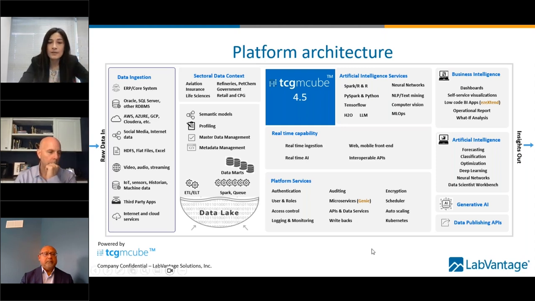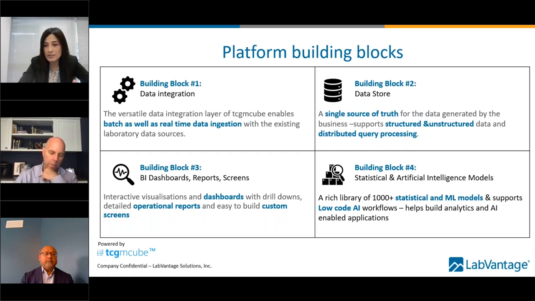So let's talk about the fundamental building blocks that can help power all the different solutions. All the LabVantage Analytics solutions are actually built on these 4 fundamental building blocks that the platform offers, which is the data ingest, the store, the analyze, and the visualize. So this end-to-end analysis capability presents a huge differentiator with respect to what we have today in our labs, and it also provides a very clear advantage over some of the other software platforms that I have been evaluating.